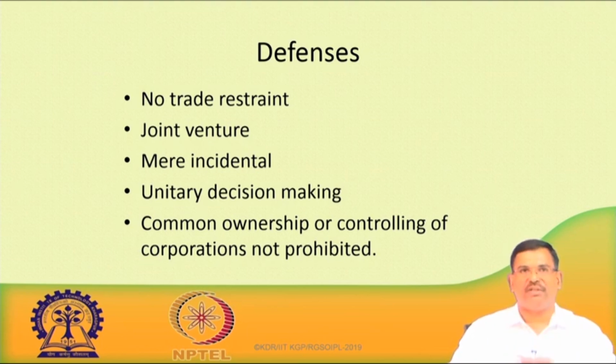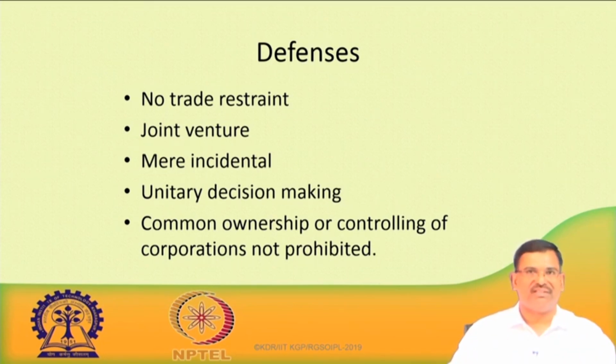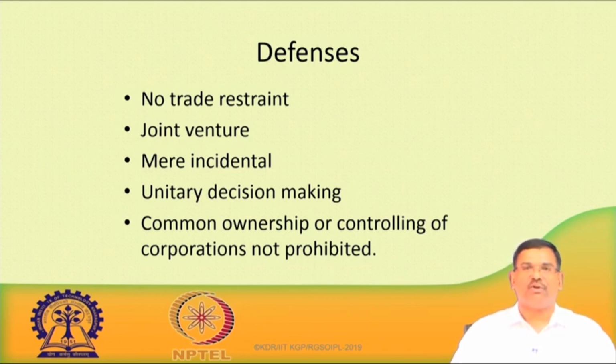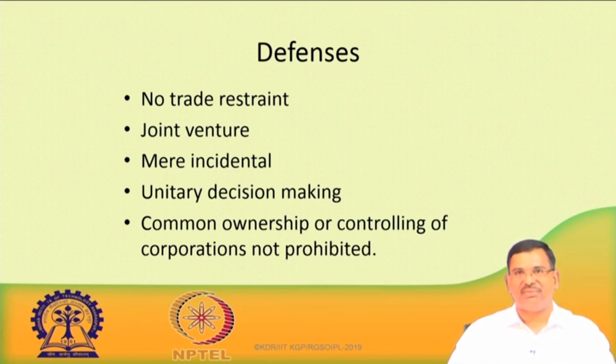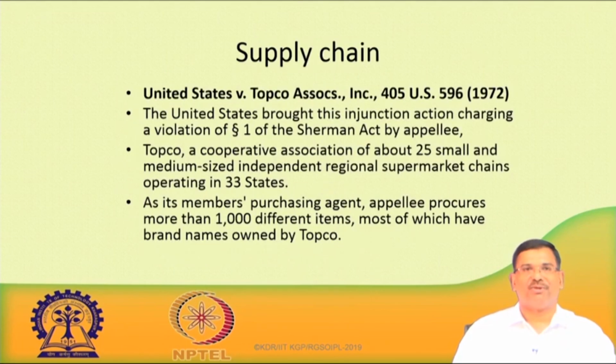Common ownership and control of different corporations can form cartels. That is why I said if two corporations form a joint venture, we can understand whether it is a cartel or not, that will be decided by the competition authorities. So, common ownership and controlling of corporations are also not prohibited, but their activities must be very clear. The competition authorities can very well look into what the activities of these corporations are before and after the merger or acquisitions which have happened.